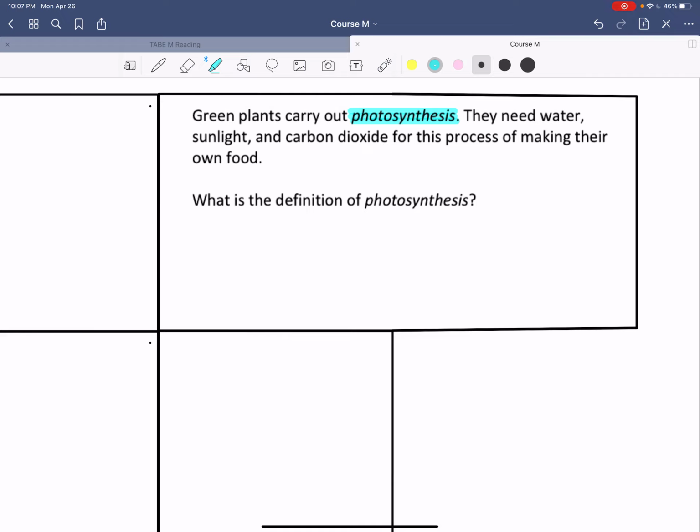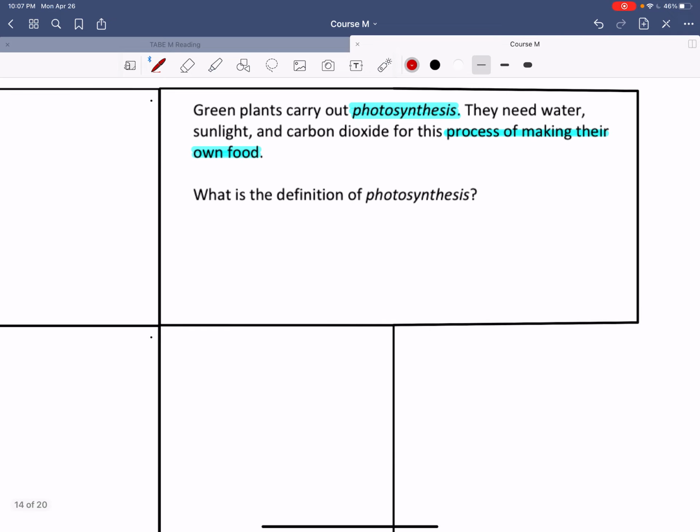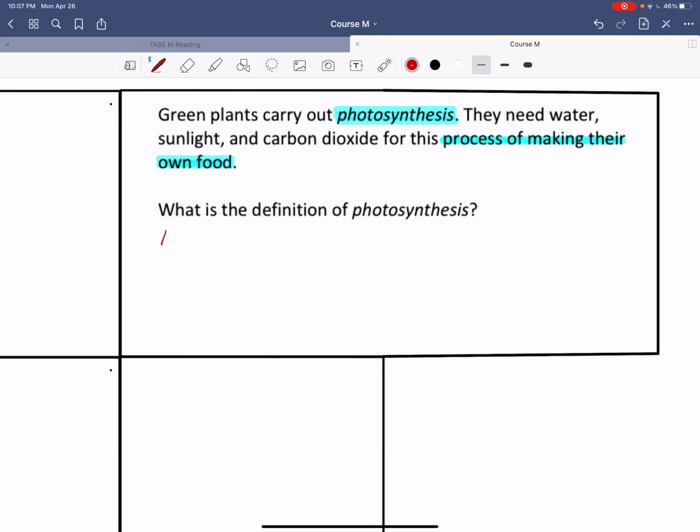Science has a lot of this type of passage. You'll have the unfamiliar word, and then the definition is in there. Photosynthesis is the process of making their own food. So if we need a definition of photosynthesis, here it comes. The process that green plants use